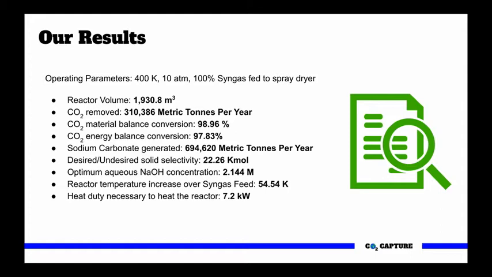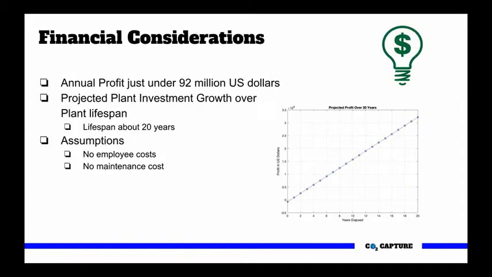From the energy balance calculations, 7.2 kilowatts of energy is needed to heat the reactor above the inlet syngas temperature. The projected economic impact for an investor of carbon capture in a coal gasification plant is also very promising. With a first-year profit of just under $92 million without factoring in employee wages and maintenance fees, this business has